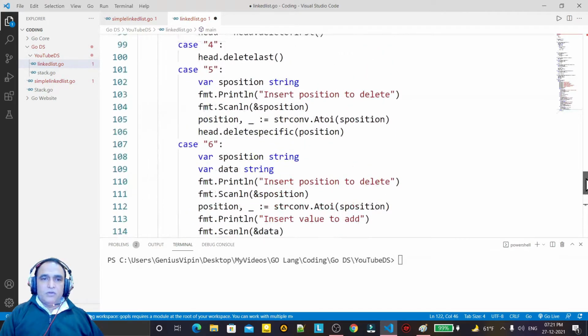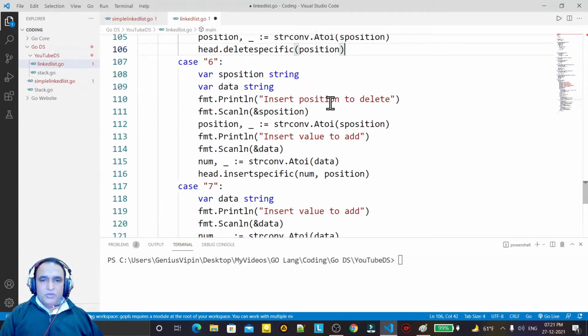So we have a code here, deleting. So insert position to delete, then node will delete. Then insert position to insert. We say enter position to insert.